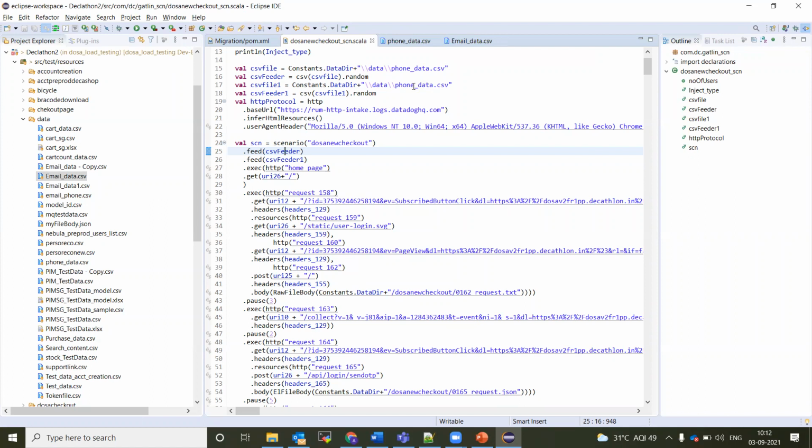From one I'll be taking the email and from the other I will be taking the phone number. So both the data will be added into the scenario, and whichever endpoints use this data can take it directly from here. That's how it takes the data from the feeder.